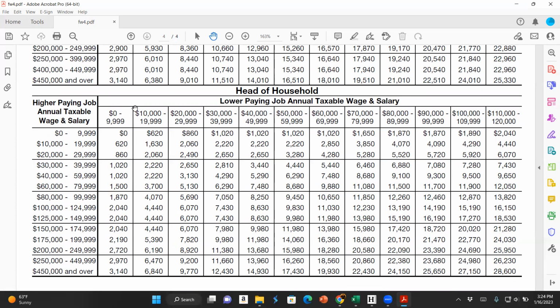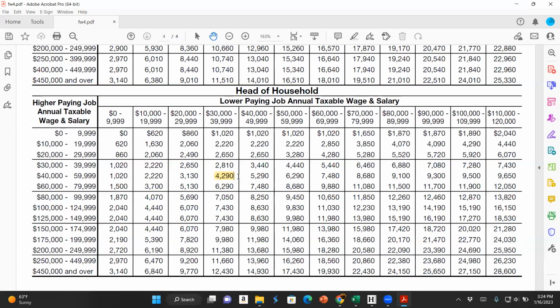So we're going to look this way for the lower paying job annual taxable wage and salary. Remember, I said it's $30,000. Okay. This is where we're going to get to use our algebra skills. The higher paying job is $50,000. So you see, we don't actually have 50,000 on here. So what we're going to do is use the one that's between 40,000 and $59,999. And then we're going to go across until we find the number where that intersects. So right here, we have Billy Bob. His intersects at